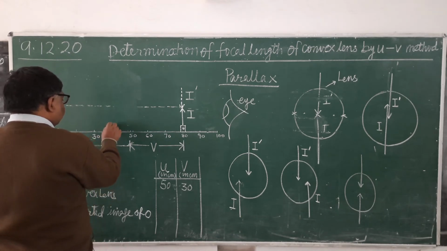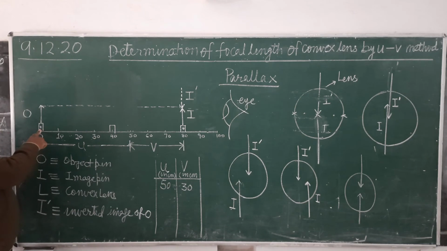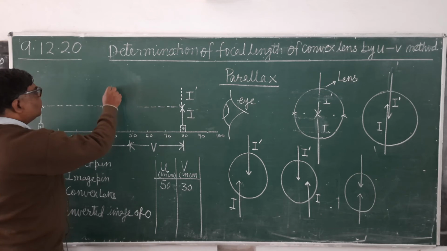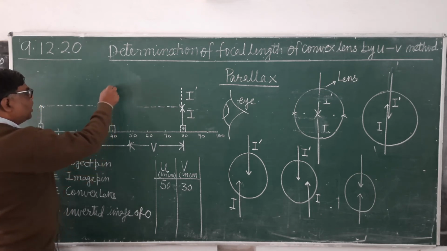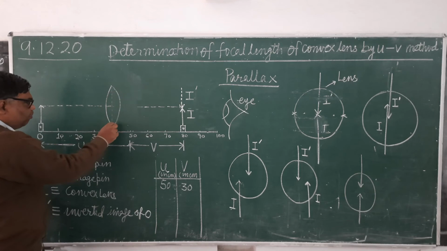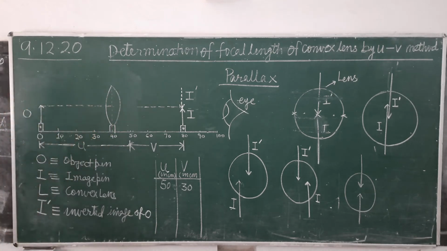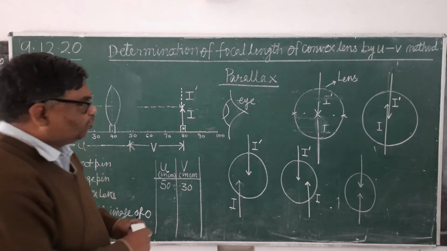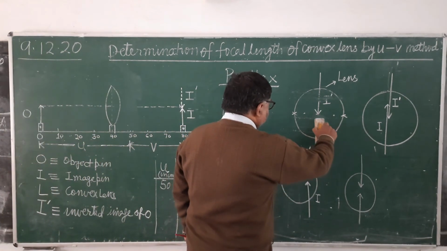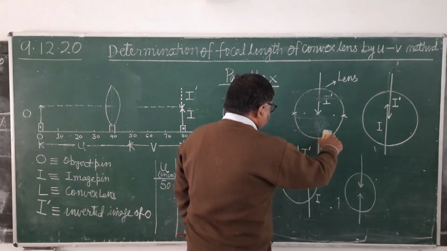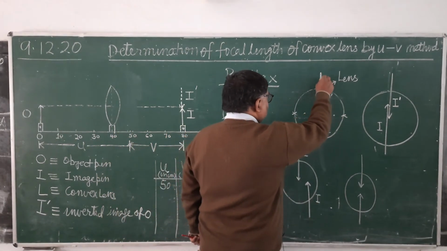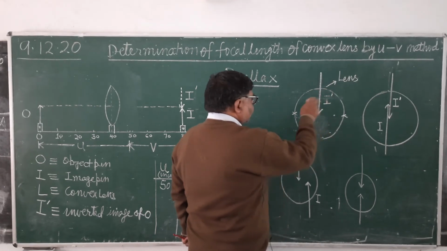So now you will keep the optical pin O at the same point 0, but the lens you will take here at 40 centimeter. u will become 40 centimeter. Once again you repeat the same thing. It's clear? I am explaining once again. What will you do? First you will see the position of the inverted image within the field of view of the lens at the center, keeping your eyes focused at the center.